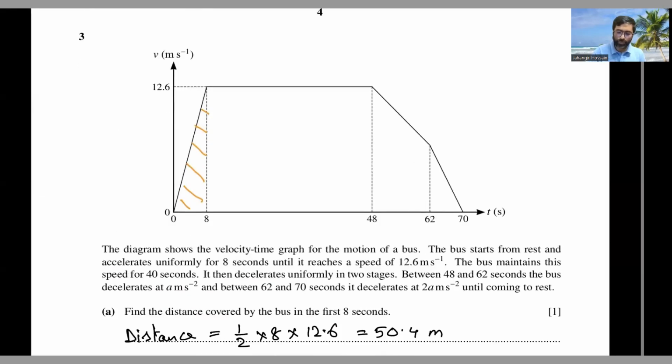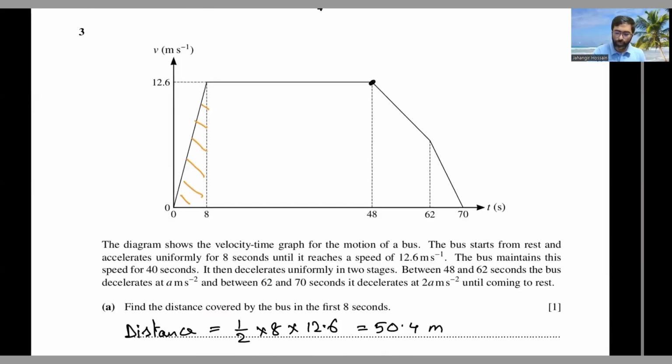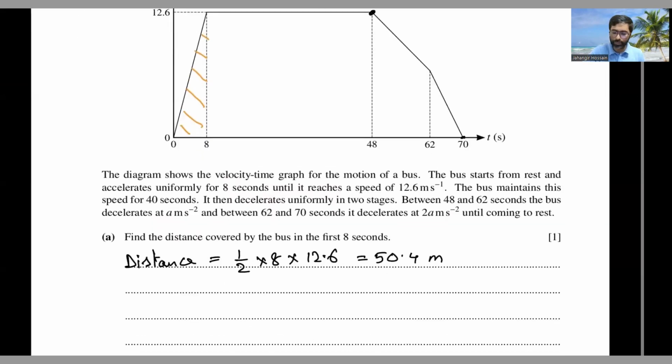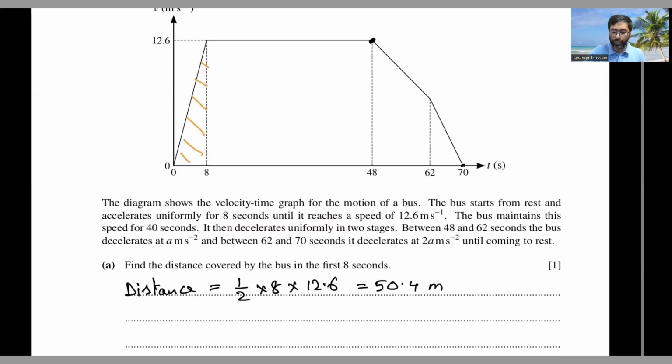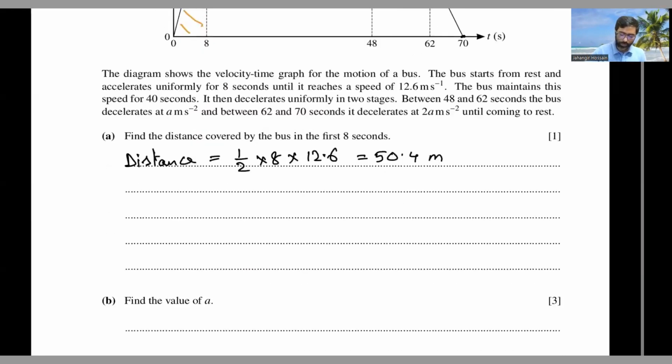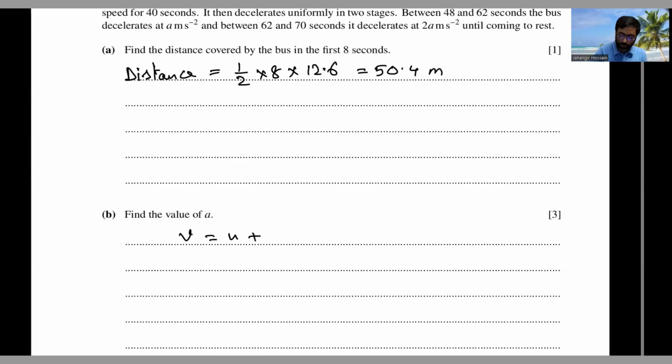To find the value of a, from this one, at 48 seconds the velocity is 12.6 meters per second, and at 70 seconds the velocity is 0. Here the velocity decreases in 2 steps. The first segment's acceleration is minus a, and the second segment's acceleration is minus twice this deceleration. So if we apply both decelerations together,